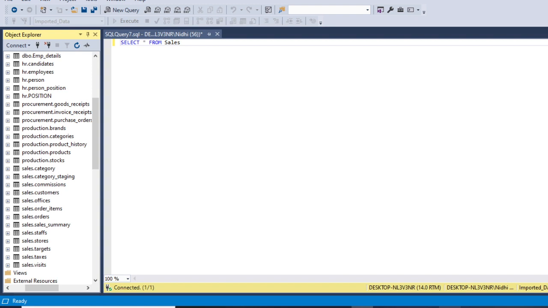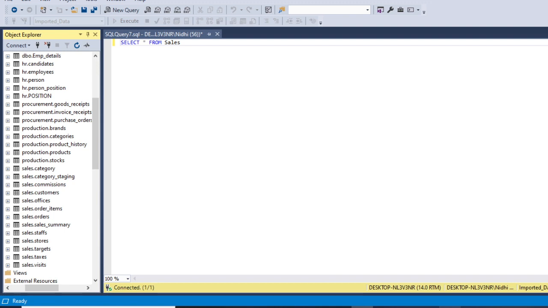So basically, a stored procedure in SQL Server is a group of Transact-SQL statements. So suppose we need to run the same query again and again to answer business questions, you can save that specific query as a stored procedure and call it whenever you need. So in other words, a stored procedure is like a function which consists of many SQL statements, and this saves time and avoids writing code again and again.